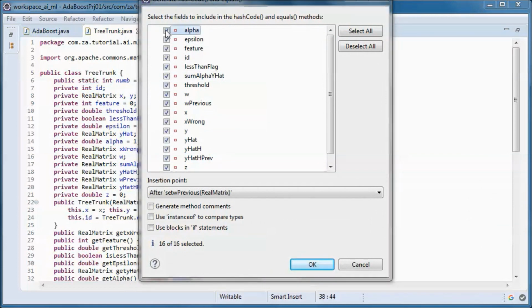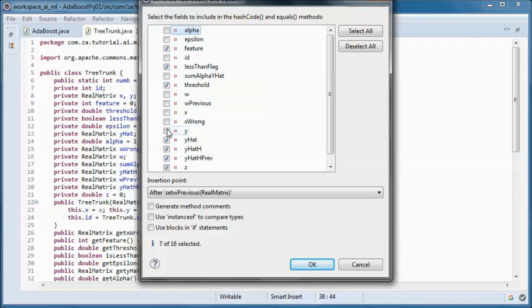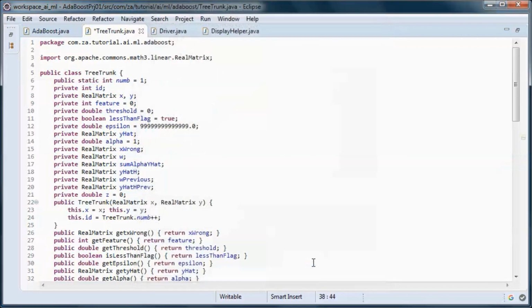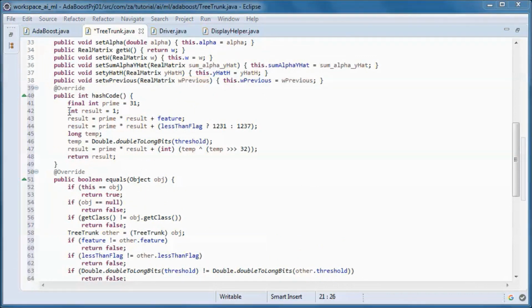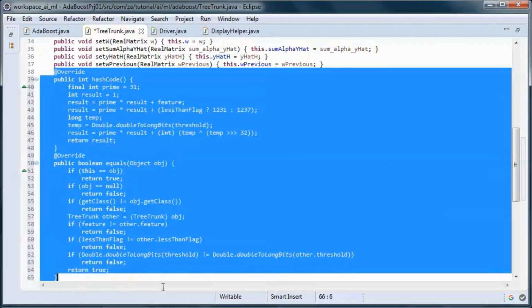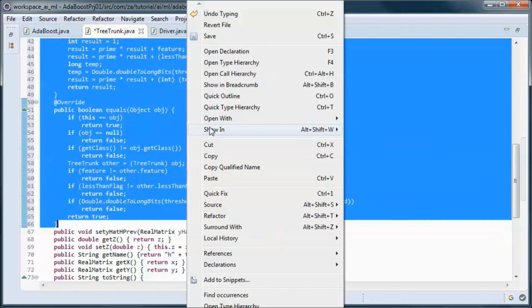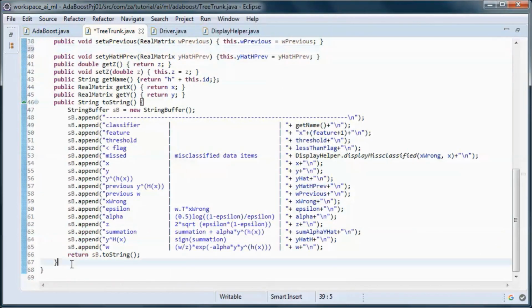So what will define a classifier is the feature, the less than flag, and the threshold. And let me move those, put them down here.